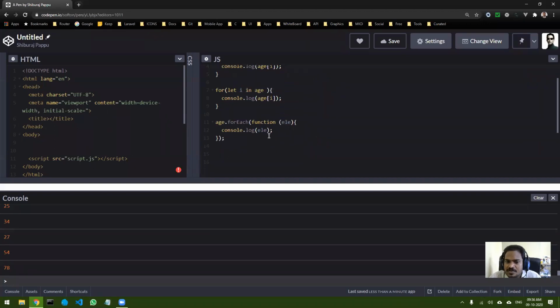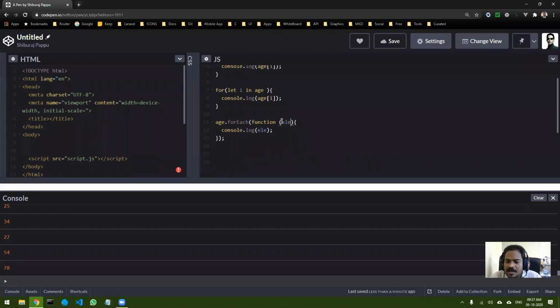So in this case, how to get the index? You are just getting the element directly. So what is the process to get the index also? I want the index as well as the element, both of them together.